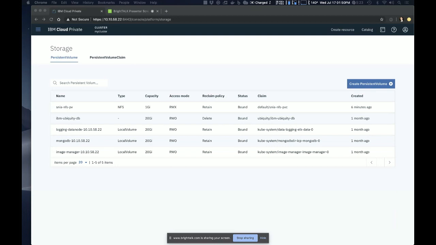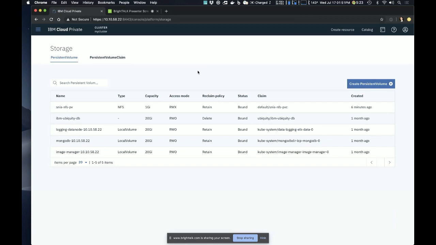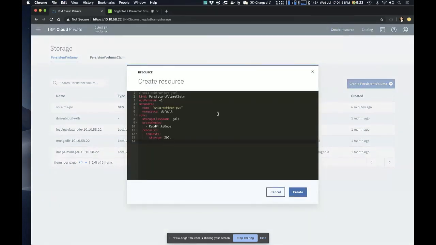So let's go on with the demo because I want to make sure you get that done, and we'll come back to more questions at the end. Okay, excellent. All right, so next thing I'm going to do, so I already created a storage class called Gold. So it's associated with a storage pool on one of my storage devices. So again, this time, I'm only going to create a persistent volume claim. I'm not going to create a persistent volume. So essentially what I am doing here is I'm going to show you dynamic storage provisioning with a storage device.